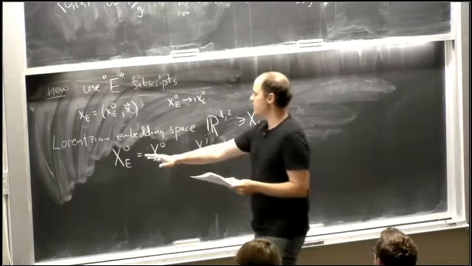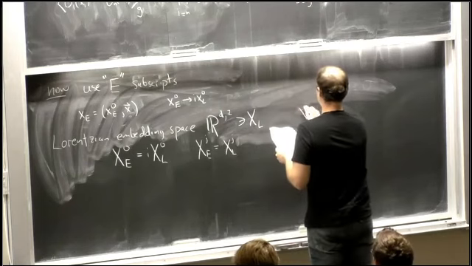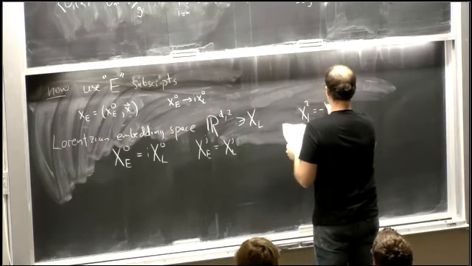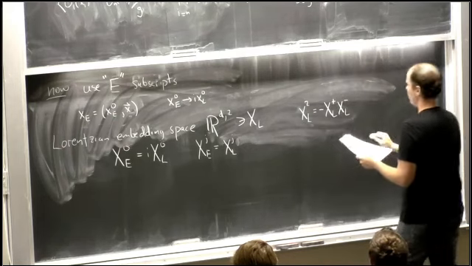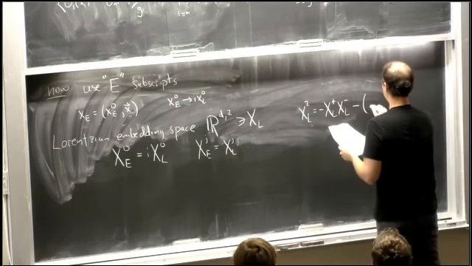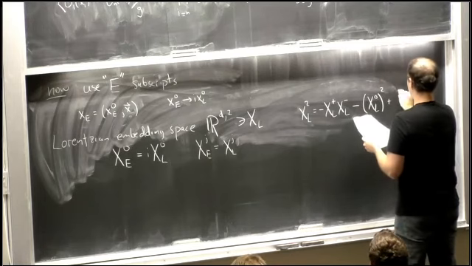If we make this definition, then the metric on the Lorentzian embedding space is X_L squared equals minus X_L^+ X_L^- plus the rest. It's just the same as in the Euclidean case. The only difference is because of this factor of i, we get a minus sign for the time coordinate.